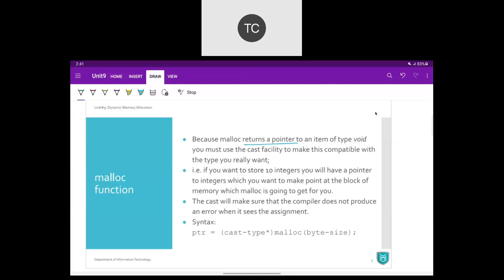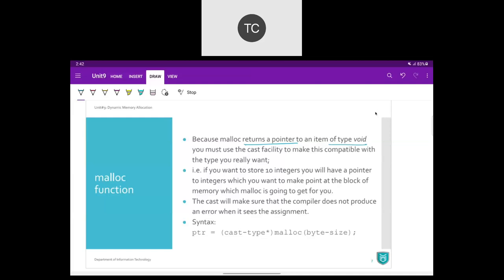Now the system doesn't know whether I'm going to store an integer value inside that memory or a float value inside that memory. So it returns a pointer of type void. It is going to return the pointer or the address of void type.